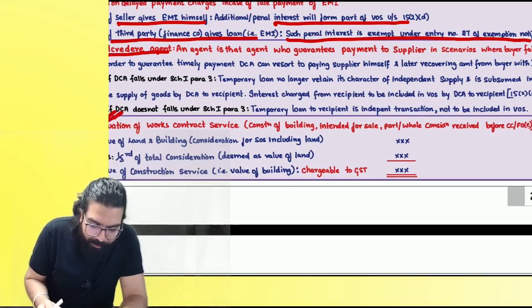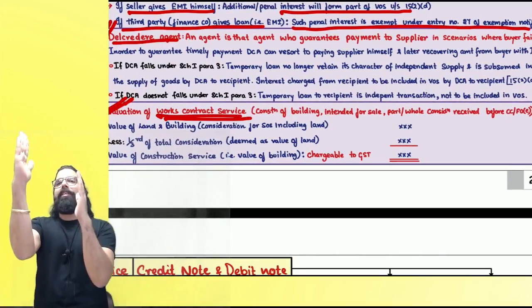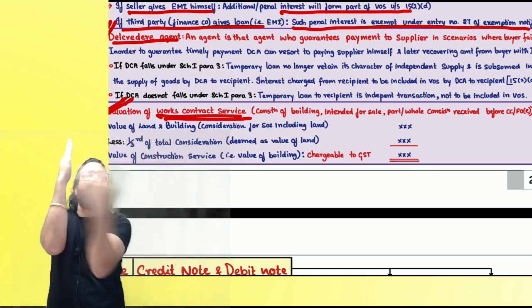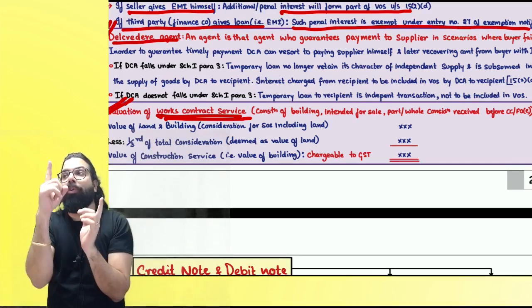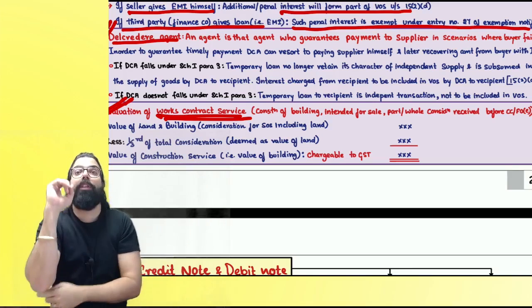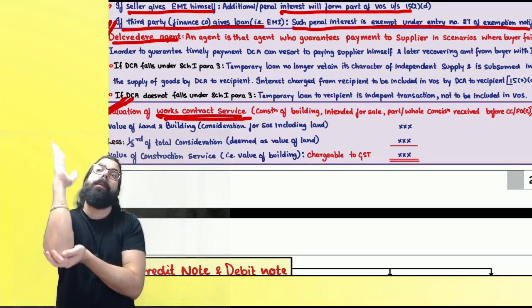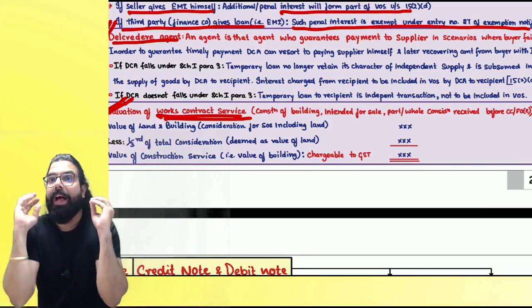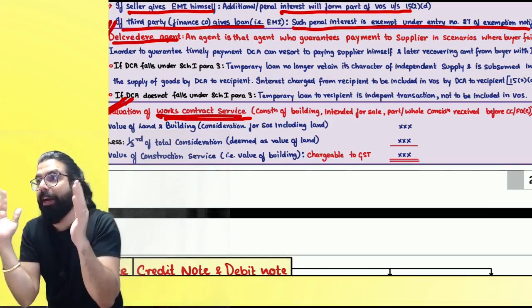The next one over here is valuation of works contract service. Do you remember, if completion certificate or first occupancy, whichever is earlier, if even 1 rupee is taken before that, the whole contract becomes what? Taxable. I went ahead and sold you a flat. For the flat, I charged you 3 crore rupees. Out of the 3 crore rupees, 1 lakh was taken before completion certificate or first occupancy. It means the entire contract is what? A service contract. Yes or no, everyone? I am giving you a works contract service where I am giving goods also and service also. It's a service contract. Do you agree with me?